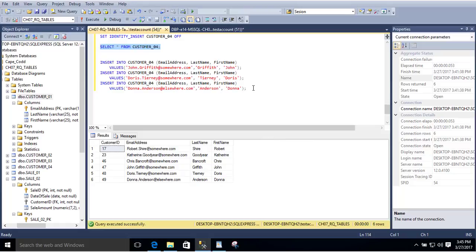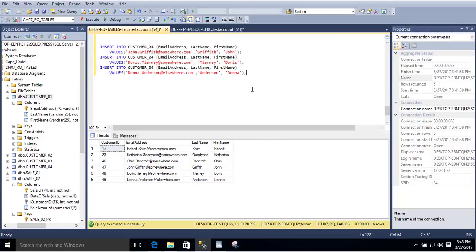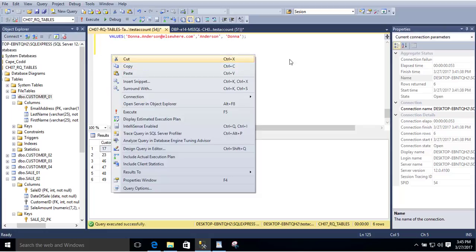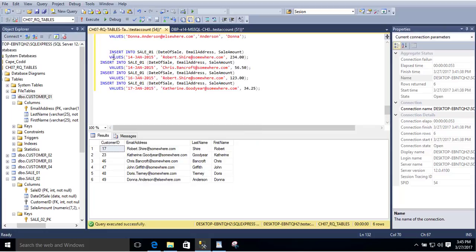Okay, with our sale 01 table, we do have a surrogate key, but because it's pre-existing and we're not doing anything special here, we don't have to have any kind of special code, so we can just clear our way here and do our insert into statements here. And you can see that I have this a little funky here. I can fix that, no problem. Alright, so we're inserting into our sale 01 table,